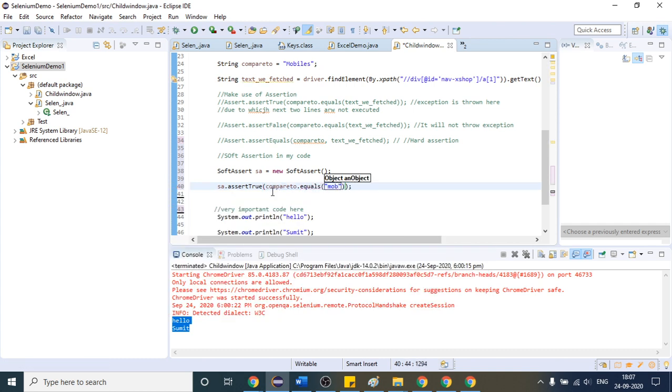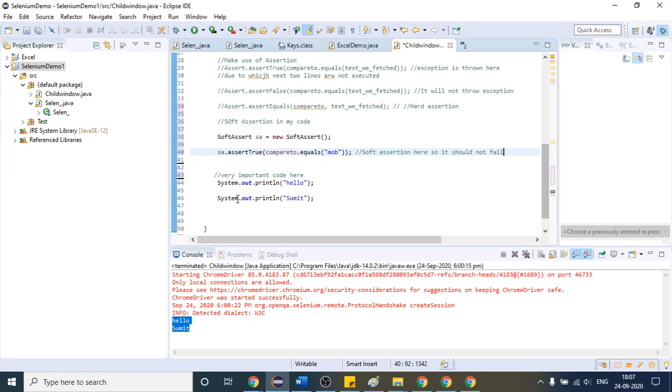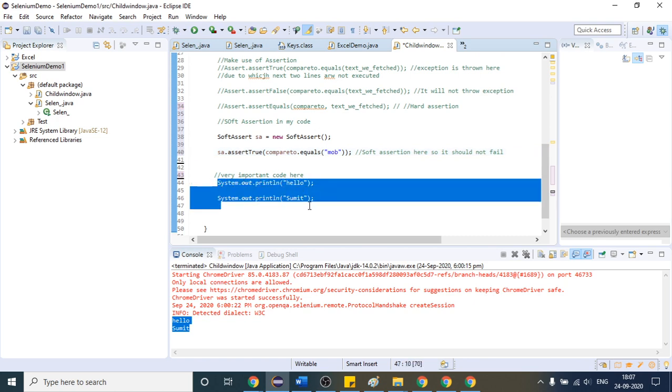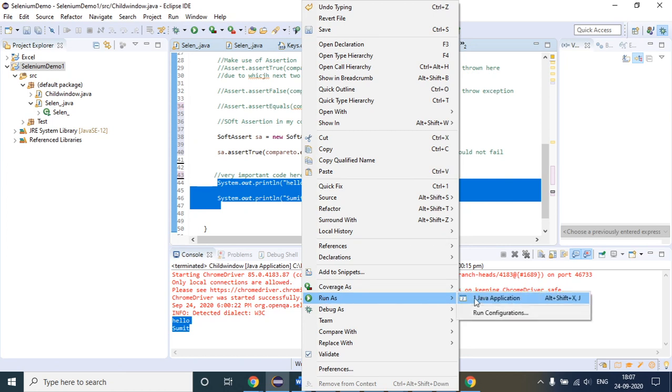But you see this one and this one are not similar, right? So it should fail as it was failing earlier, but we are using the soft assertion here, so it should not fail. And you will see that both these lines of code will execute this time, because it will not throw the exception. See here, first let me try to run it.